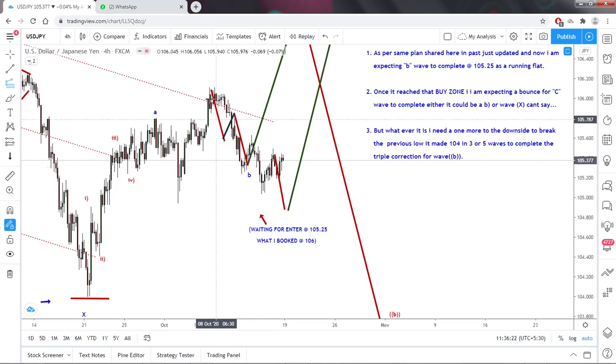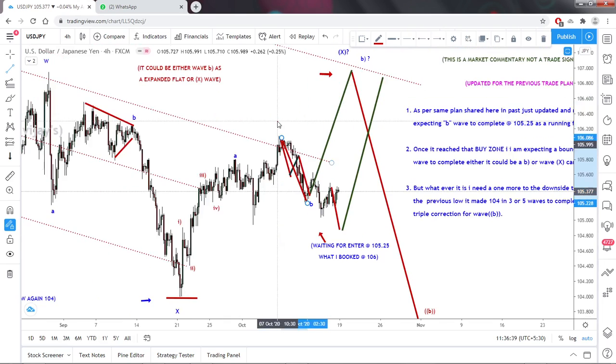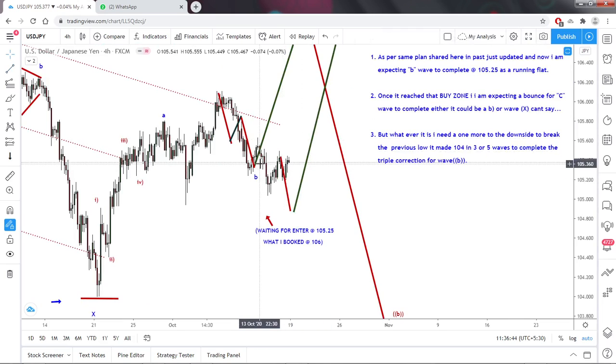In this zone it exactly came, but it's looking like an impulsive. So once this is an impulsive, and this is an ABC, and then this is a C, so A, B and C. But what happened here, it's looking like a more complex correction. So what that means is we have to make it a W. This is an X, this is an A, and this is a B. We are in the B wave, and one more drop is also possible to break this low. So that means still we are in that correction only.